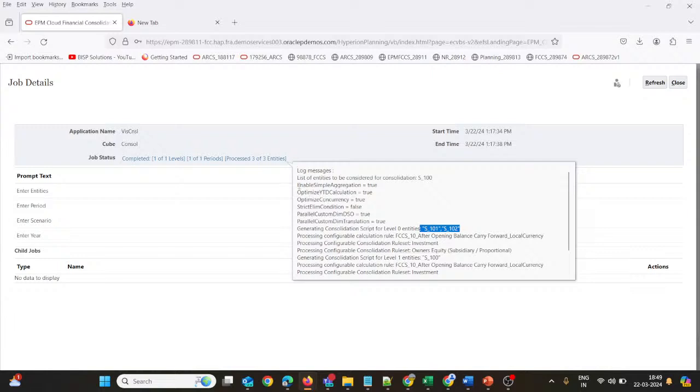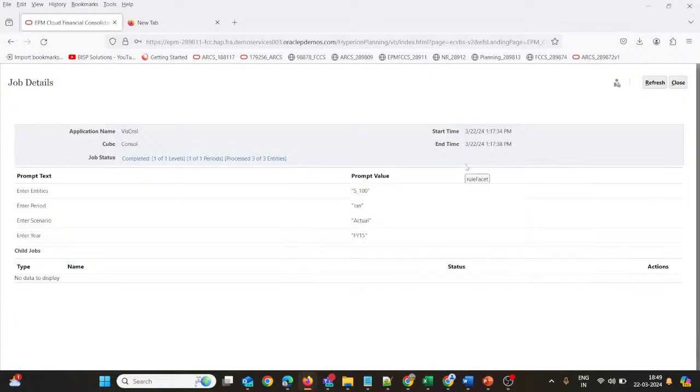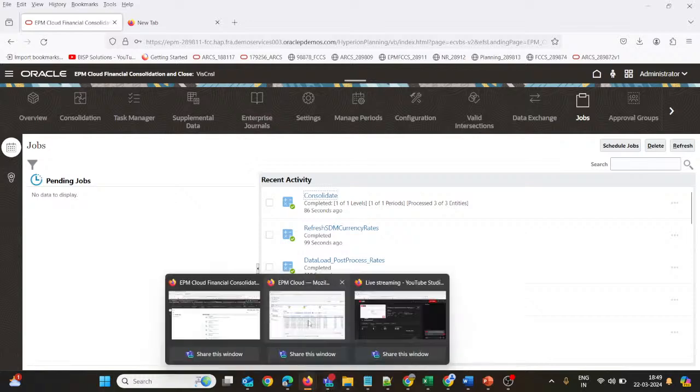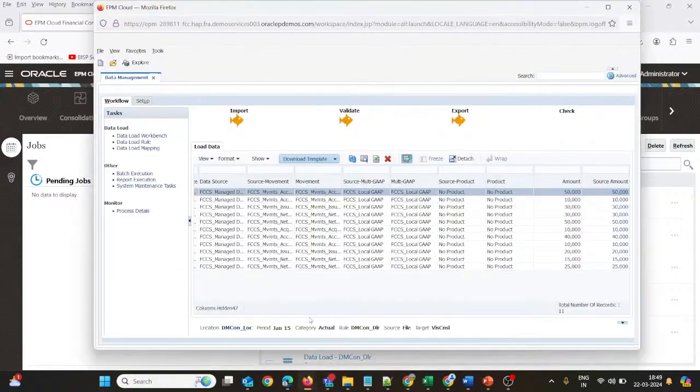Now you can see our substitution variables. Enable simple aggregation is true, optimize calculation is true, optimize concurrency is also true, and the other substitution variable parameters are also set to true. So that's why the consolidation was done within no time, within about 4 seconds. So this is how we can upload the data as well as do the reconciliation through the data management utility, by creating a check entity group and assigning it to the location, and at the same time we can